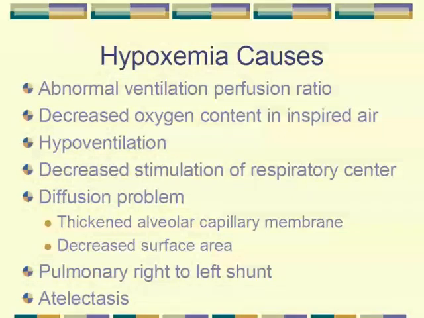You could have a diffusion problem if you have a thickened alveolar capillary membrane. For somebody who has fibrosis or edema, you're not going to get as much of an oxygen exchange. Or if you have a decrease in the surface area capable of exchanging gases, which occurs if you have COPD. You could have a pulmonary right to left shunt, which causes a decrease in oxygenation,